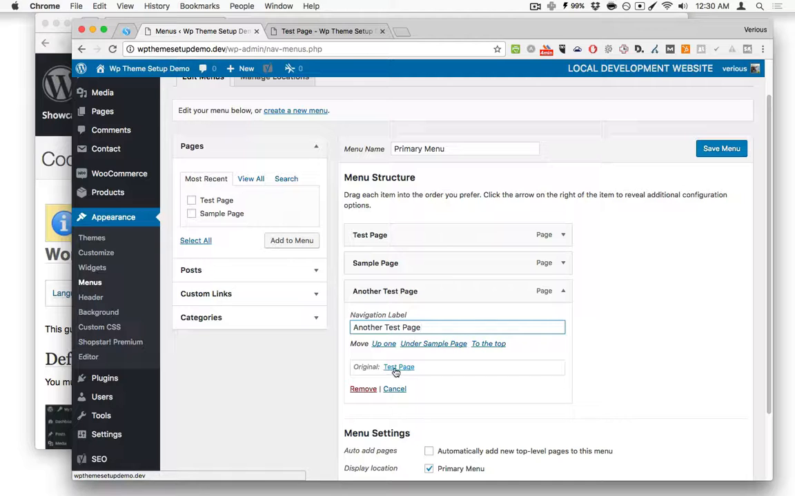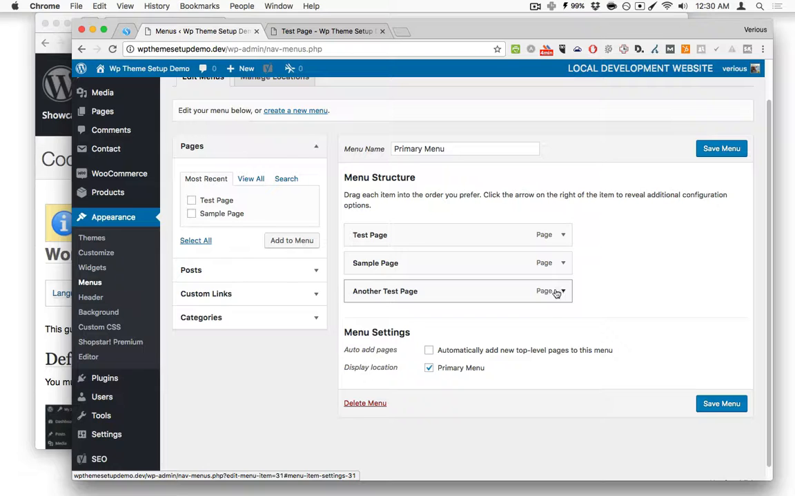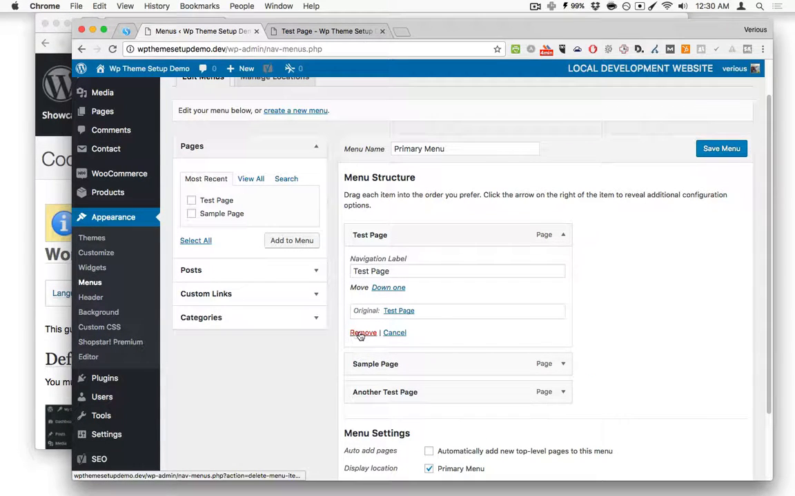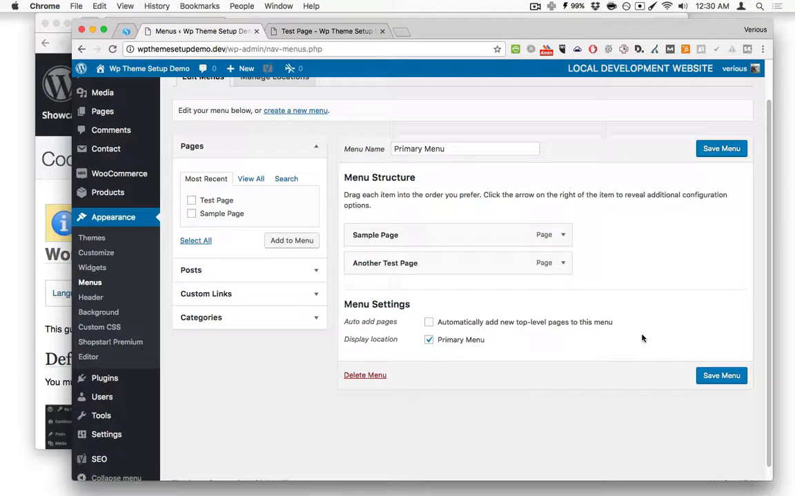See, the original name is still there, S test page. So I've renamed the second item of test page to another test page, and I'm going to remove this original test page. And that is actually just removing it from the navigation bar. It's not destroying the page or removing it from the database. Now if I save the menu